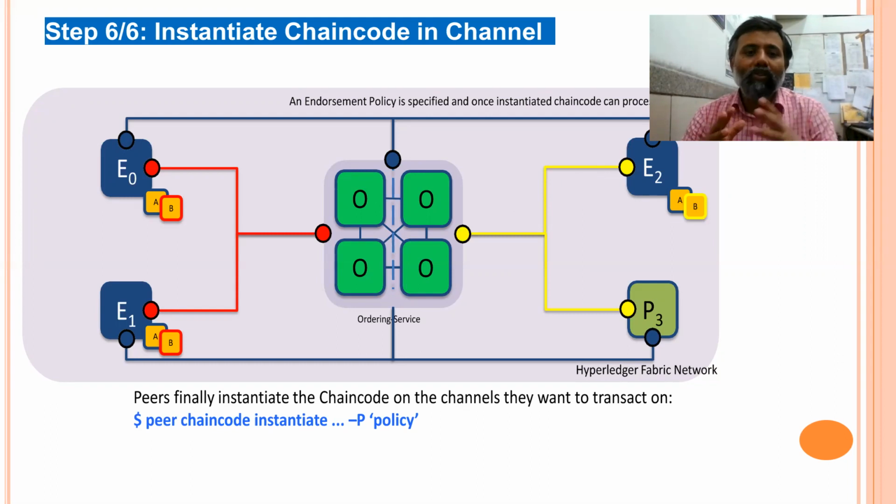So across the blue channel and yellow channel, E0, E1 and E2 are participating in multiple channels, but all of these will work in a very private fashion. And for that, certain MSP information and cryptographic mechanisms are used. I have already covered all this concept in the previous video lecture, so you should be aware of that. If you are not aware, then please see the previous video.